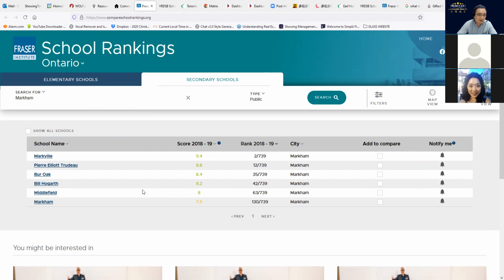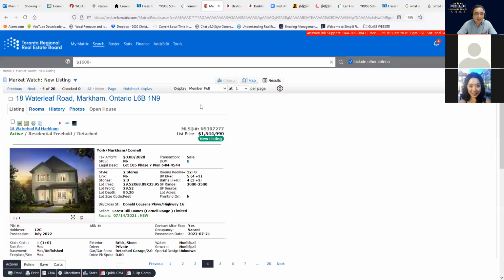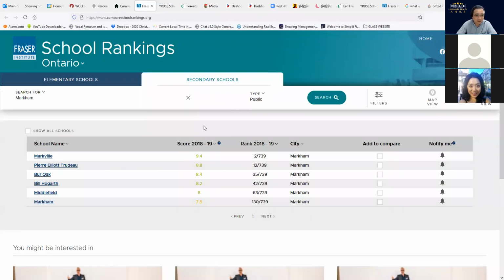Of course, some buyers tell you they're looking for a certain property like this, and then we find which primary school and which secondary school it belongs to for the client, and then we find the ranking. But some parents ask, can you find me the best school this year, or a property in a very high ranking school area? So we have to do the reverse search.